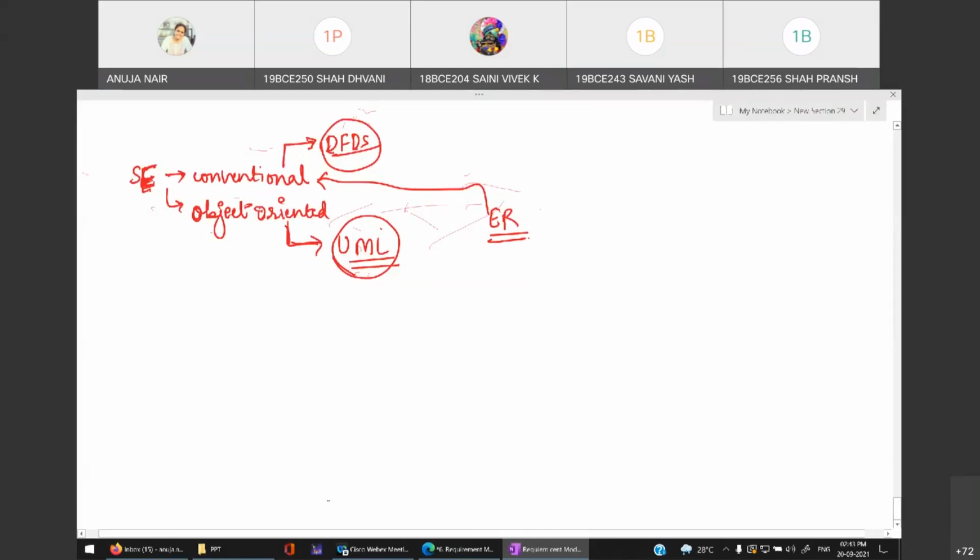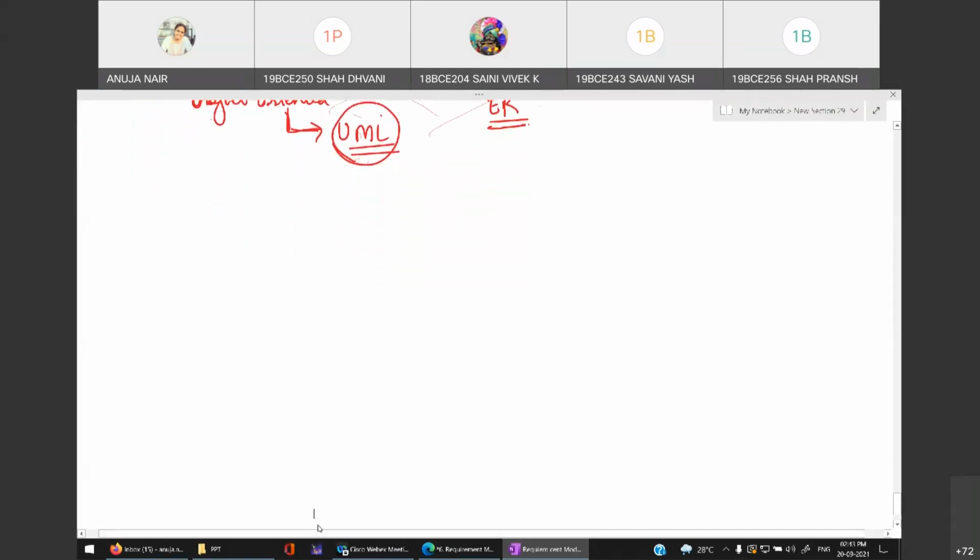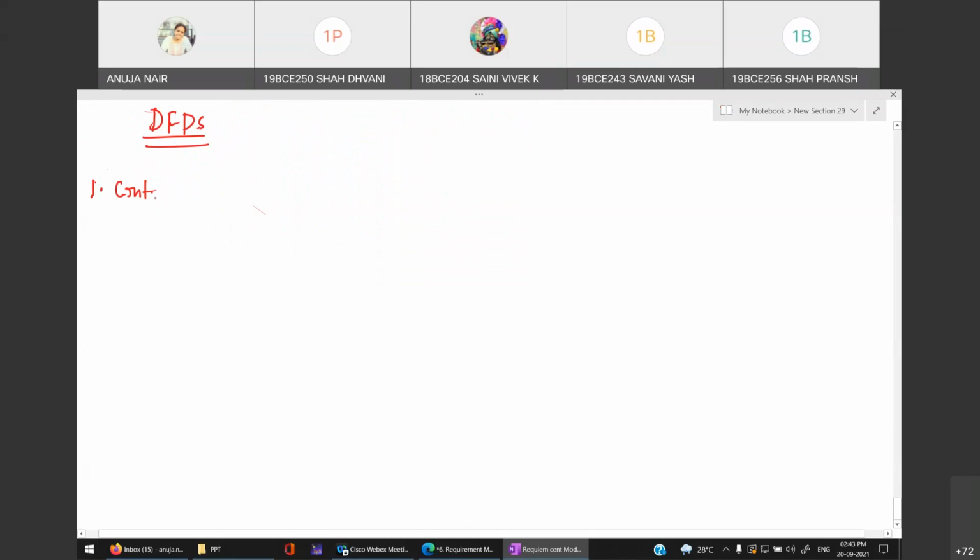Okay. Now, when you come to DFDs, it goes in an order. The first diagram is called a context diagram in DFD. So it is a context diagram, or there is another name which is DFD level 0.